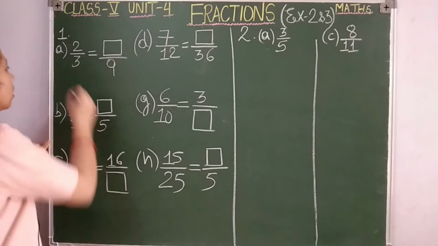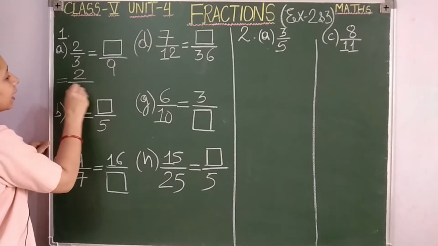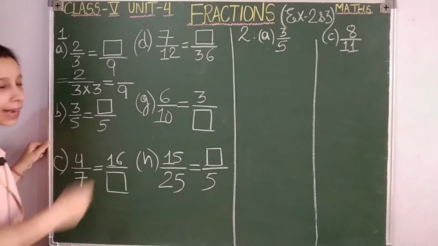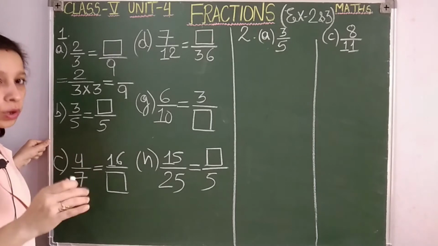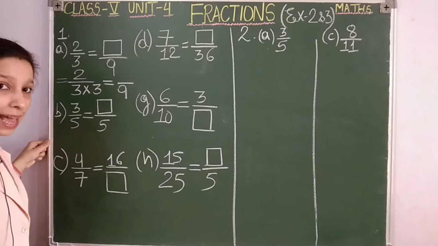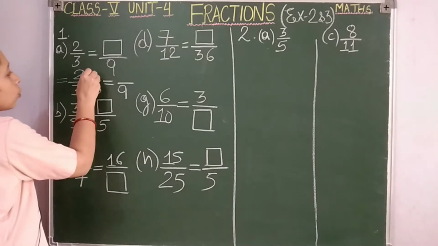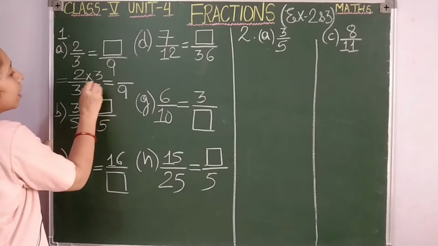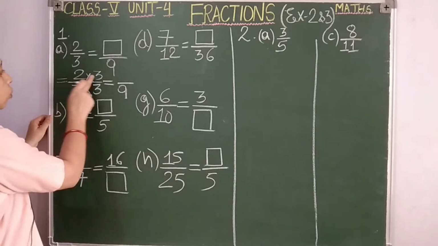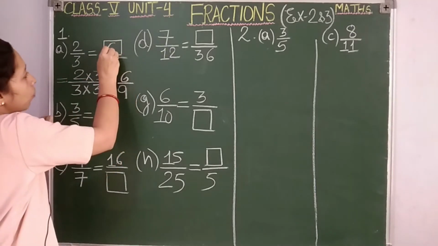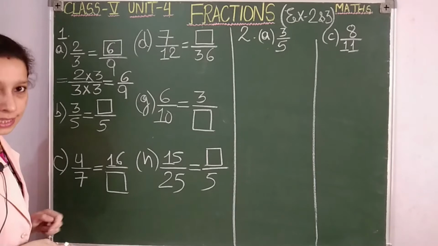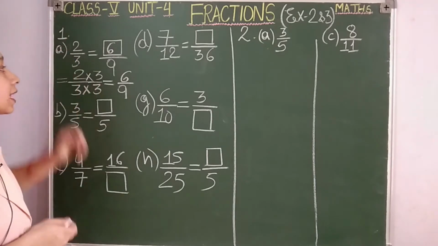3 3s are 9. So for sure it is clear that here I have multiplied the denominator 3 with 3 to get the denominator as 9. Clear students? Now this is the rule: if you are multiplying the denominator by a multiple, with the same multiple you have to multiply the numerator also. So here also I will write 3, meaning I will multiply 3 with both the numerator as well as the denominator. Now, 2 3s are 6, so here I will write 6. 3 3s are 9, 2 3s are 6. Now I can say that 2 by 3 is equal to 6 by 9.